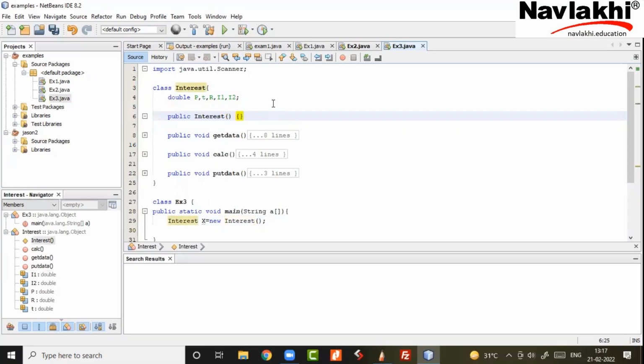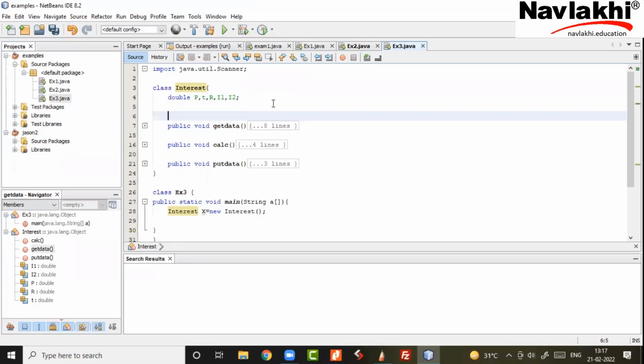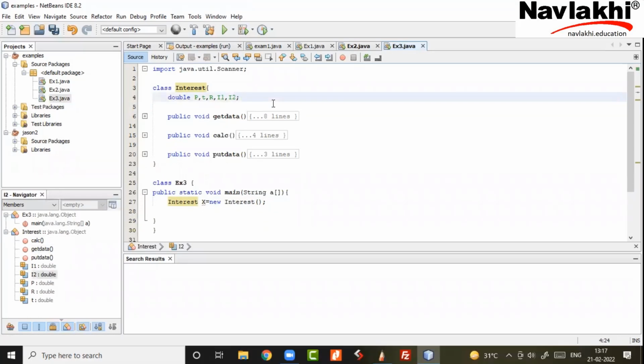inserted with an empty body, which gets inserted in this class. I did it just now. It won't give me an error. But even if I don't do this, it's there by default. मतलब इंटरेस्ट नाम के क्लास में इंटरेस्ट नाम का एक फंक्शन आ ही जाता है अपने आप. It is automatic basically. It is automatic, which is called the constructor.